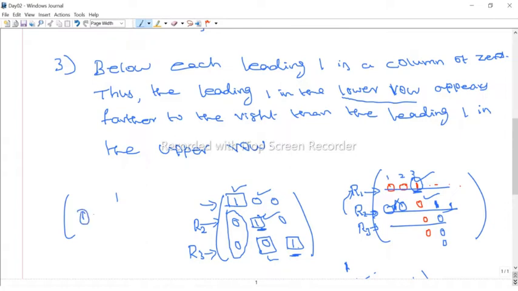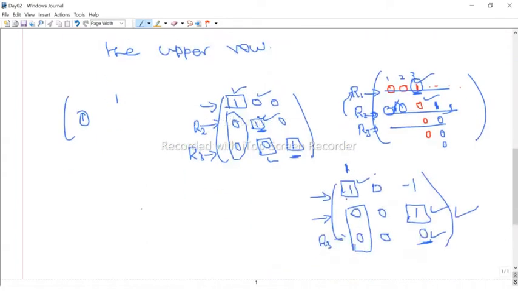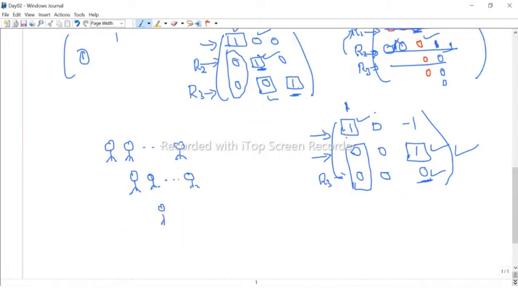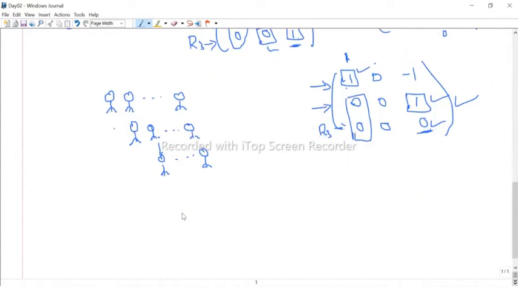So why is that called echelon form? In the military, or if you take any NCC parade, suppose one row has one person, and the second row should start from here. That is called the echelon. Then the third row's person starts after this, maybe from this position. So therefore, this is actually echelon form. In any parade, the rows should be like this.